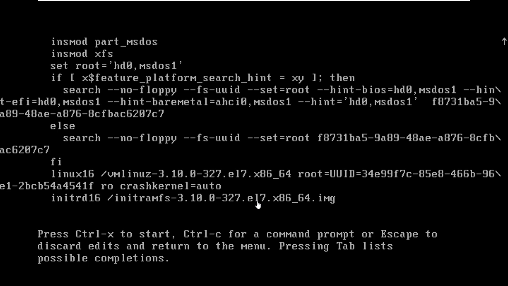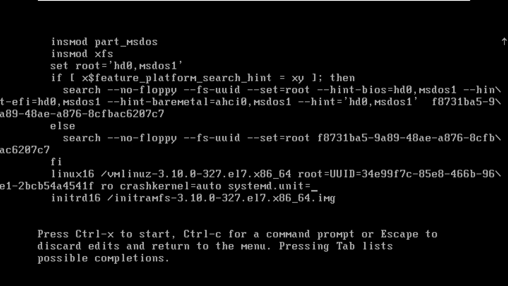We can add other options like whatever unit you want to execute. For example, by default our system is booting into graphical. I want to boot it into command line. So I can add this by using the command systemd.unit= and I can select whatever unit I want to boot into. Like graphical.target is for graphical, multi-user.target is for command line, or if you want to go for rescue, rescue.target, or for emergency, then you can go for emergency.target.